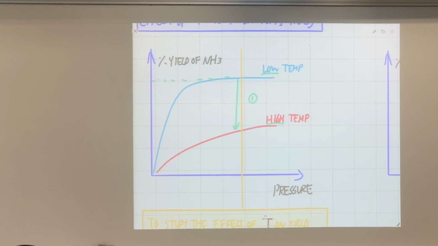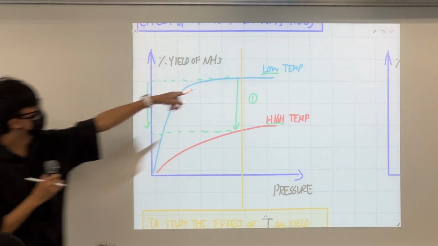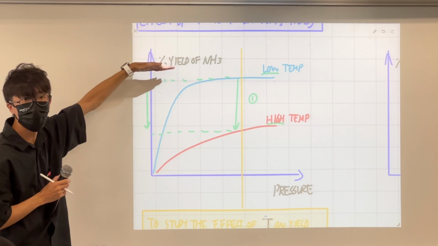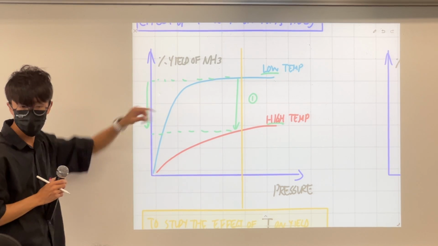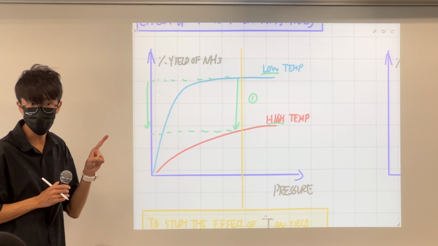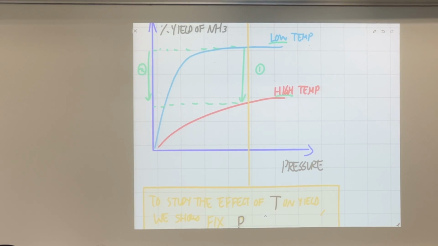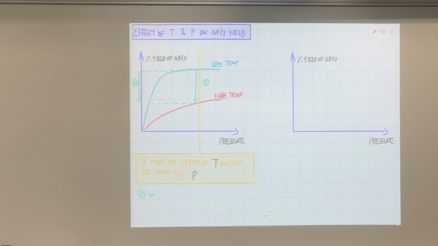It decreases. Yeah, when you go from low temperature to high temperature, do you see that the yield, the associated Y value, also decreases, right? That's the conclusion you can draw for this one. Right now, point 1 and 2. Point 1 here states that when we